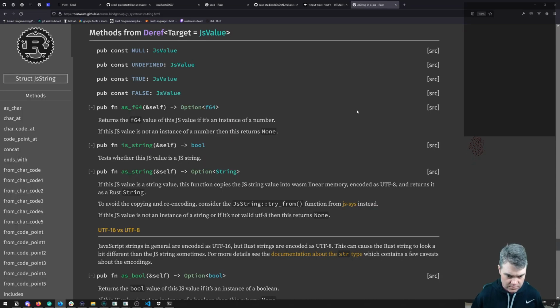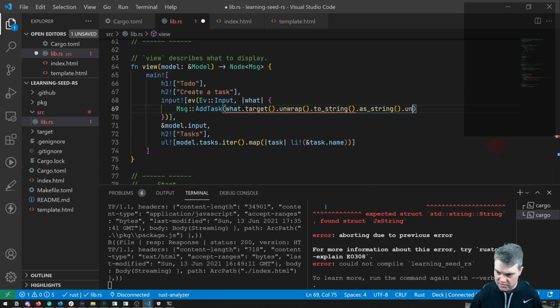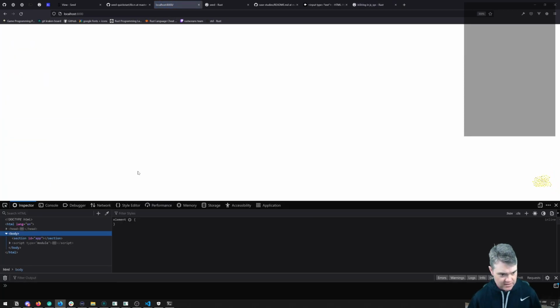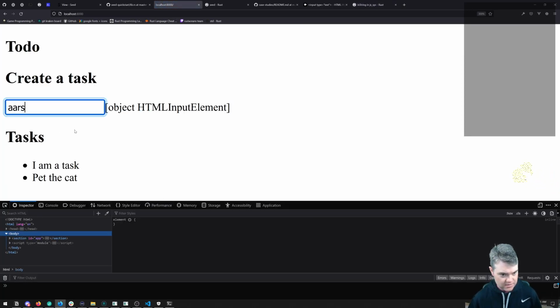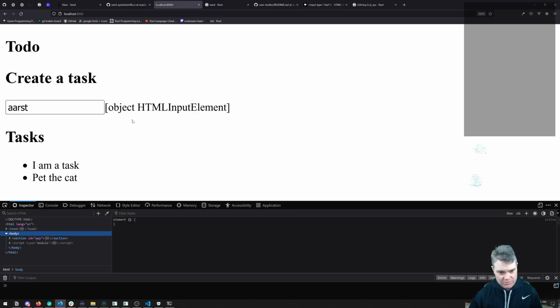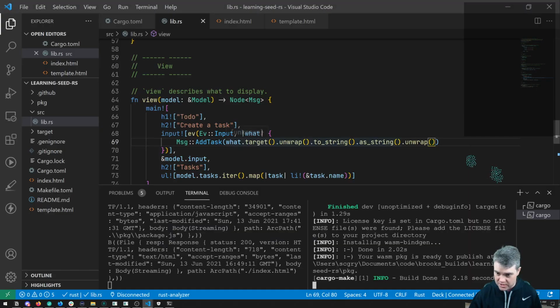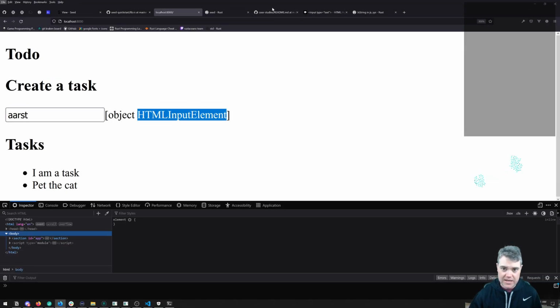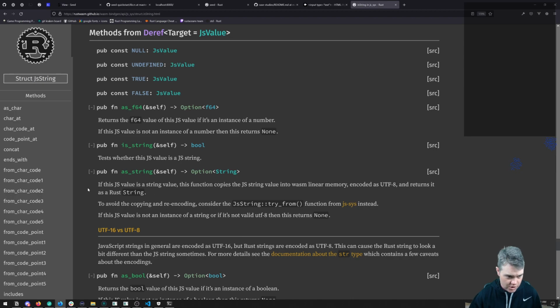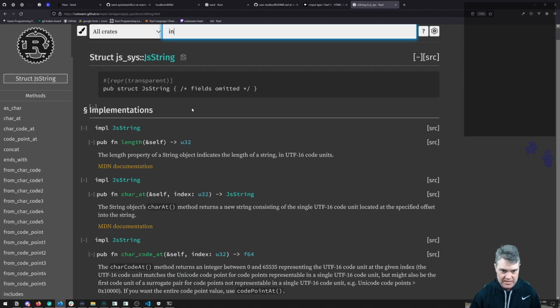As string. Then I have to unwrap. Okay, so it didn't crash. That's a good sign. Now if I run this again, object HTMLInputElement. Okay, perfect. Awesome. So as_string, that's literally what we have. We have an HTML input element. It's not perfect, but what we can do now is, now that we know that we have an input element,